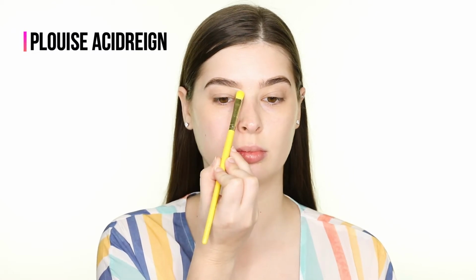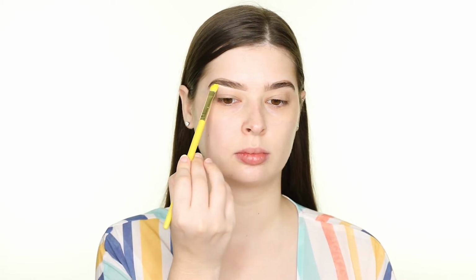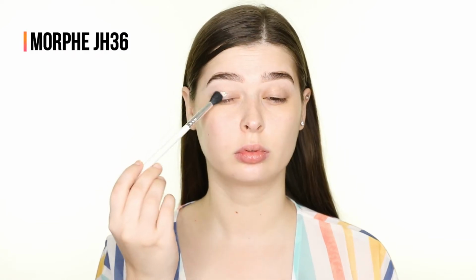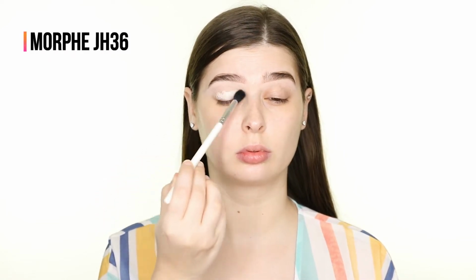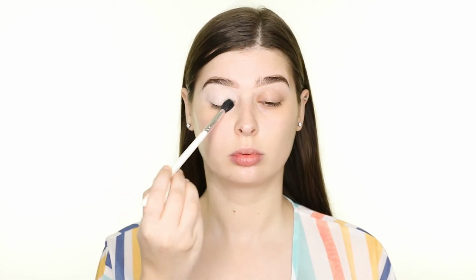I'm cleaning up the brow with the Plouise base in the shade 0.5, which I'll also be using to prime my eyelids. Once I've tapped the base to lay smooth all over the eyelid, I'm dipping into the NYX Ultimate Shadow Palette